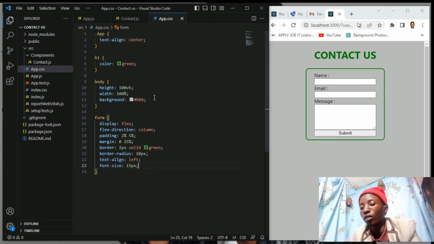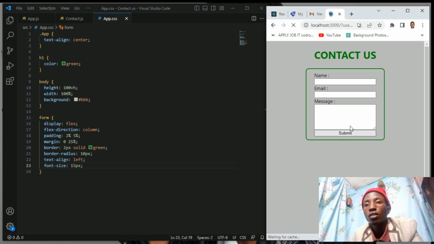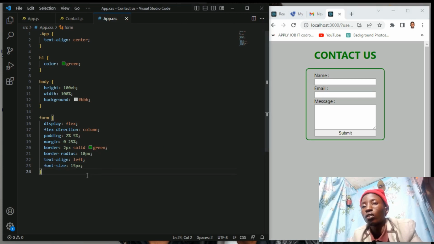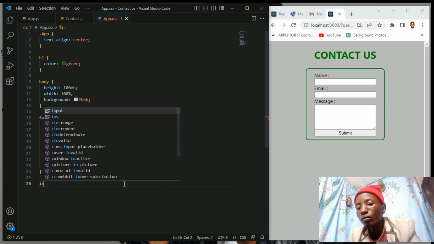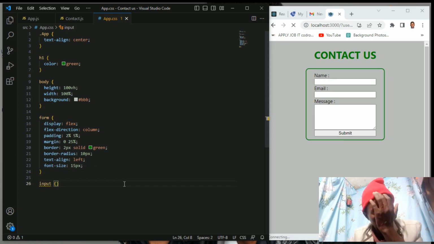I think the structure is a bit coming. So from that let's proceed and come here to the input. If we come to the input,